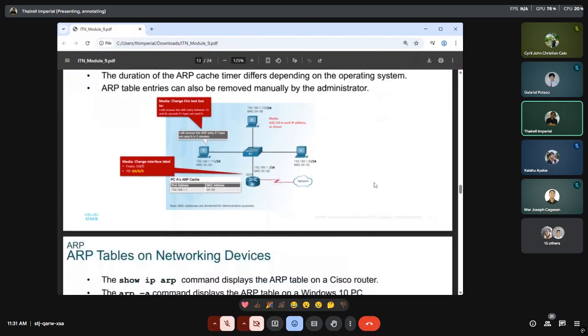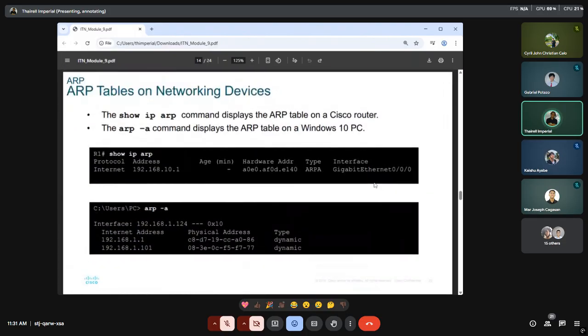Okay. Then, if you want to check the ARP tables through the networking devices, you can try to check it out here. If you utilize the CLI, or the command line interface, from your Cisco Packet Tracer units, those that you have generated through Cisco Packet Tracer, you would be able to access this through privilege exec mode.